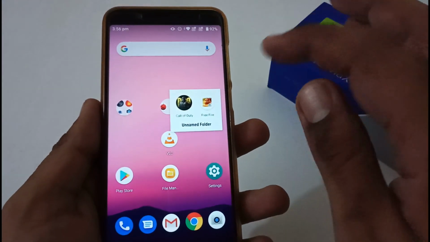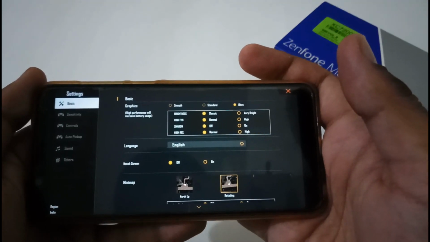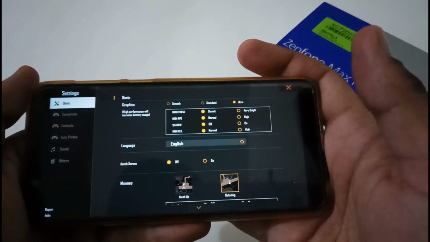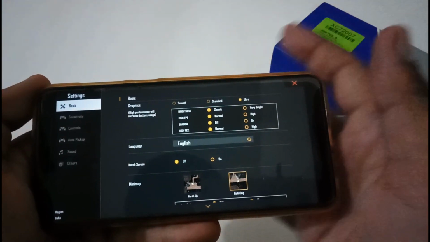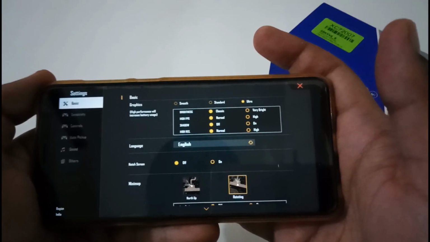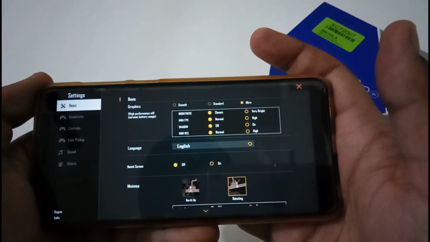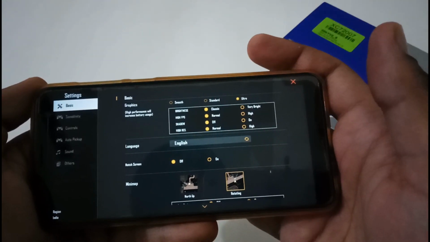Now, good news for the ones who love to play Free Fire, because I have a few comments on my previous video saying, bro, please do the review of Free Fire in your video. So I thought, let's start. And let me remind you one more thing: I'm not a fan of Free Fire, but I am playing this for the last 3 to 4 days, so I'm a bit liking this. So this is my initial part. I'm just covering very few things.